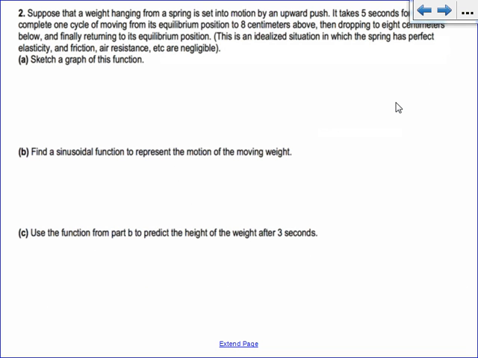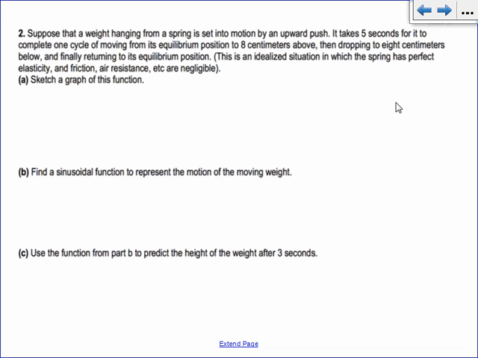All right, so now let's do a simple harmonic motion one, now that we've talked about it. So suppose that a weight hanging from a spring is set into motion by an upwards push. So we're pushing it up first, and then it's going to come down and up and down and up. Ben, you with me? It takes 5 seconds for it to complete one cycle. And it's moving from its equilibrium position to 8 centimeters above, then dropping to 8 centimeters below, and then back to its equilibrium position. Okay, so if I'm sketching a graph,